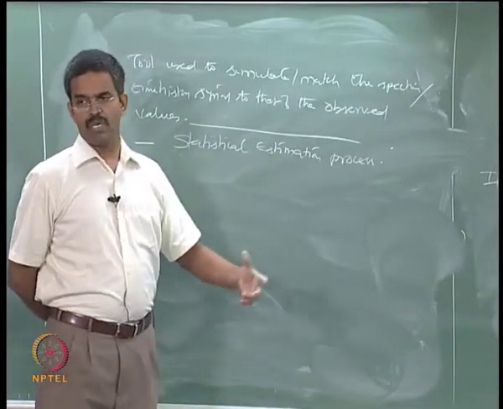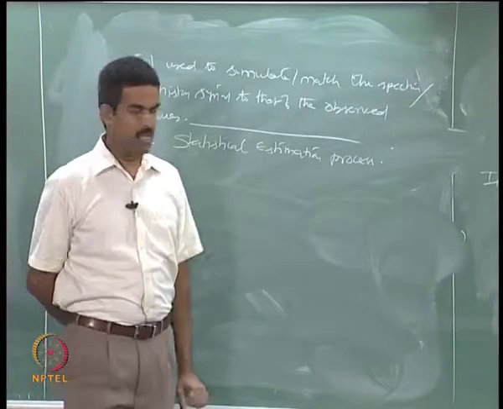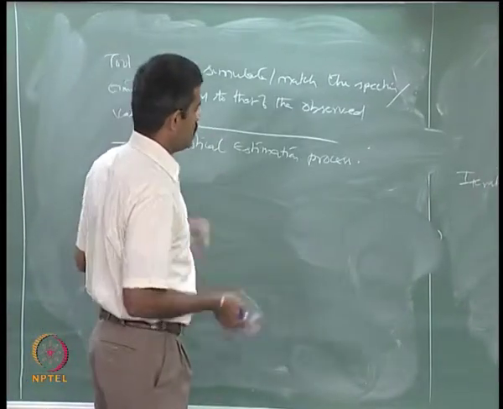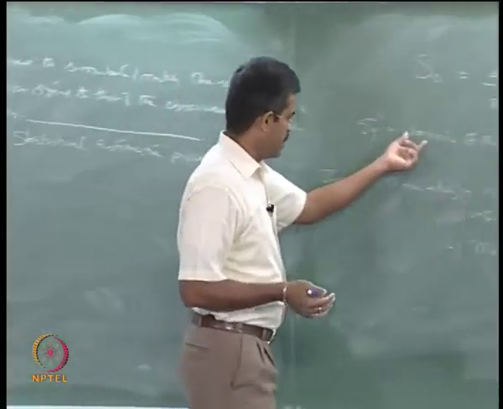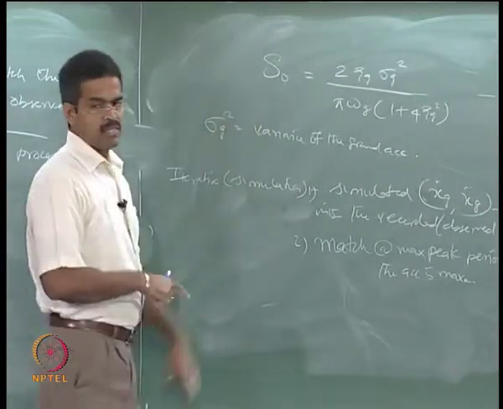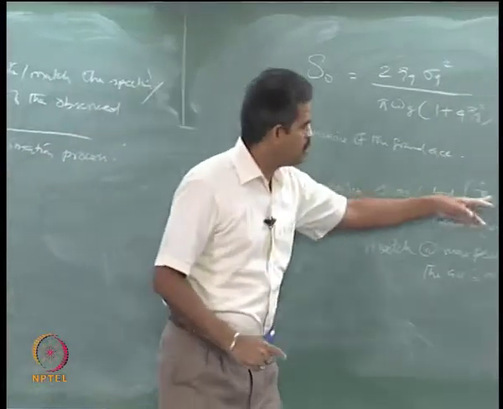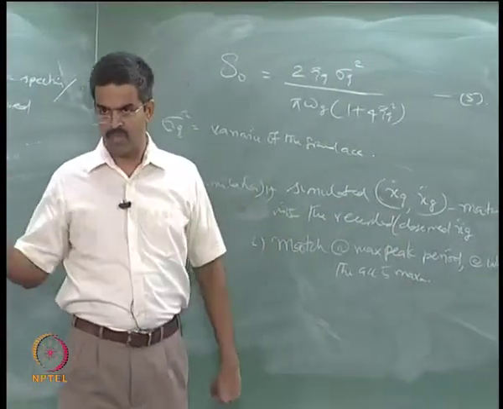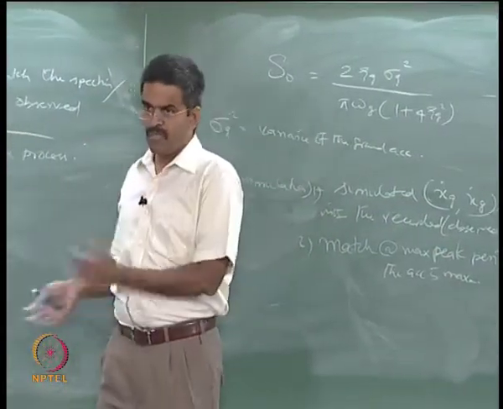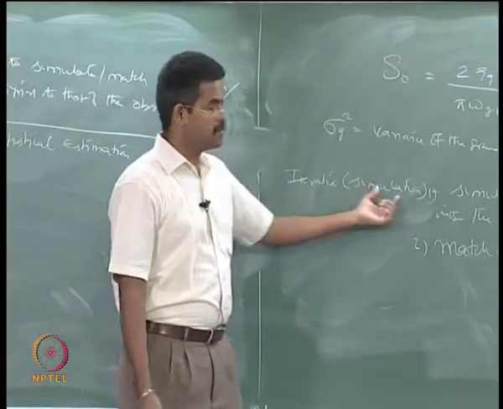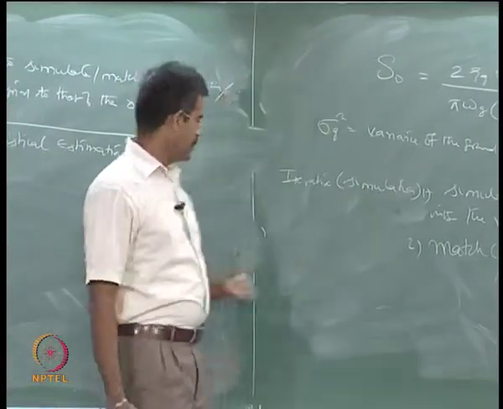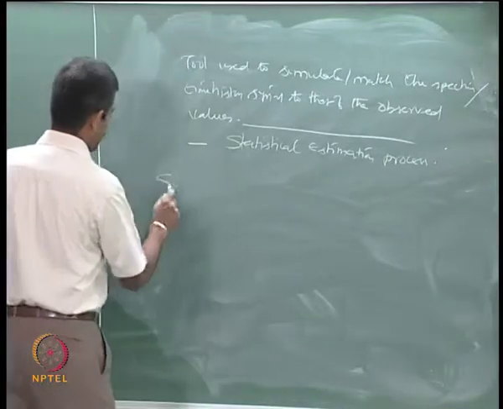So one can use any specific simulation available in the literature to generate a signal, generate the variance of the value, substitute S0, generate the signal, complete a time history and check whether the amplitude and the time are matching with that of the observed. Not matching, change the parameters, keep on doing it, iterative simulation. So detail of this is available in